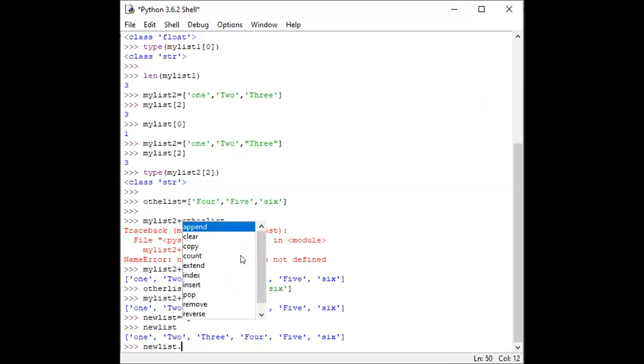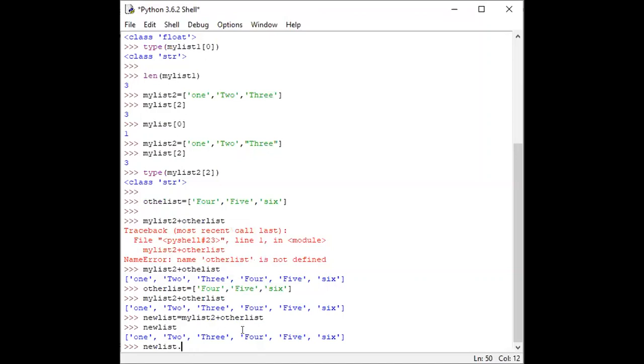This window will appear to you, and this shows that we can perform different operations in a list. We can append, clear, copy, count, extend, index, insert, pop, remove, reverse. These are the different instructions that we can perform with the list.